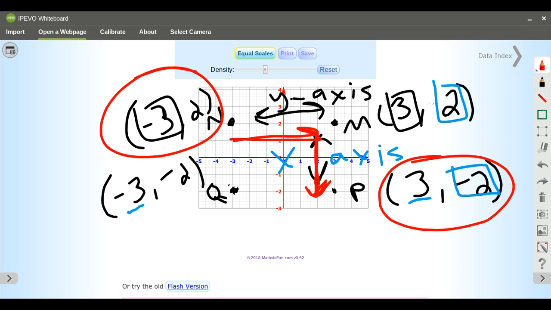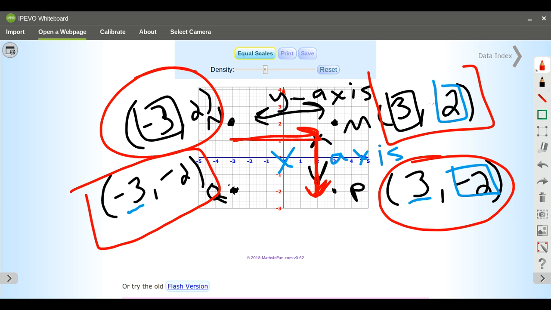So I go from having a +2 to a -2, and then a -3 to a 2. If I take a look at Q and M, as I reflected across both axes, I have 2 positives here and 2 negatives here. So when it asks you to reflect across both axes, you need to go across the y-axis and then down over the x-axis to see what it is. So really here, when I